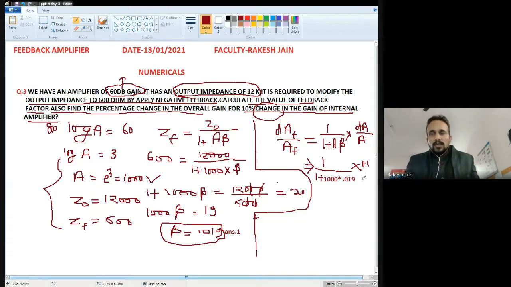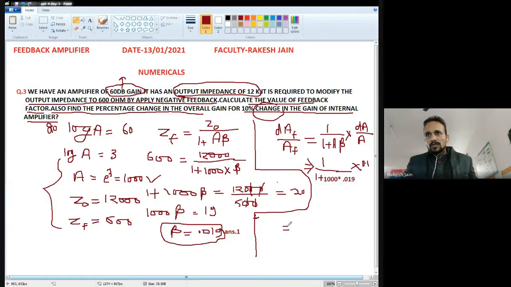0.1. 10%. Okay, so 10 divided by 100. Okay, so that will be 0.1. So from this we will find out the answer as 0.005. Should I just write down the answer directly, or should we check? Okay,